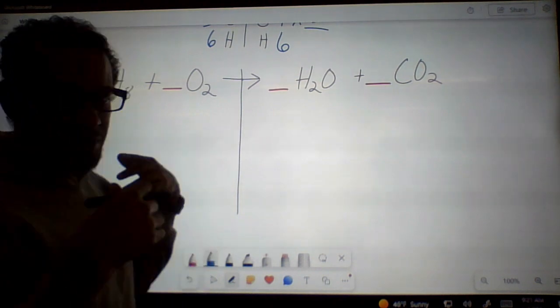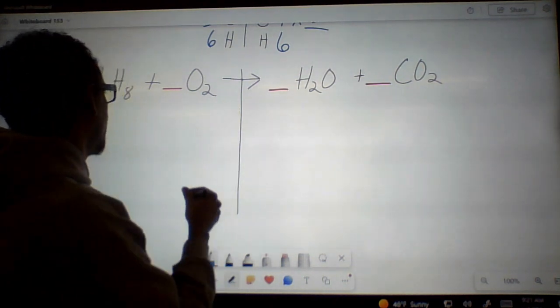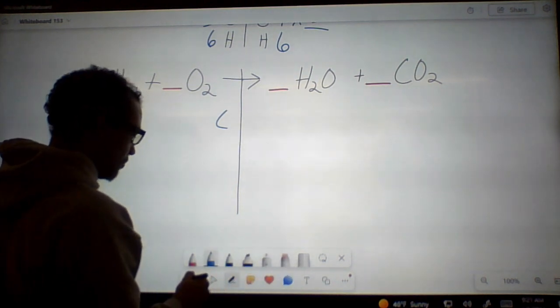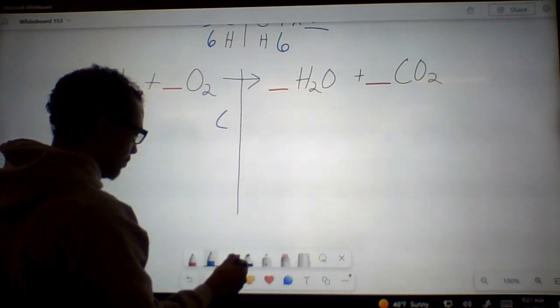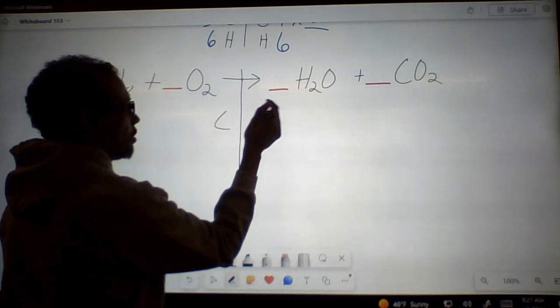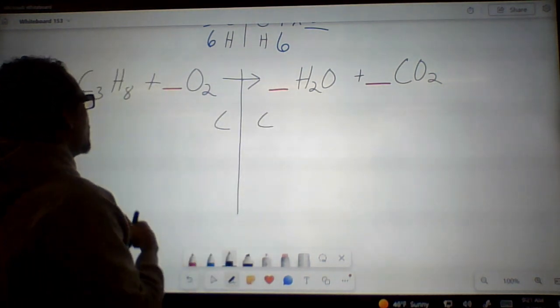All right. First step is the same. We draw a line. Now we're going to list our elements. Carbon. On this side, carbon is on this side. And then